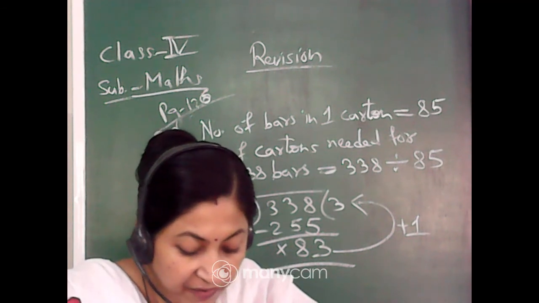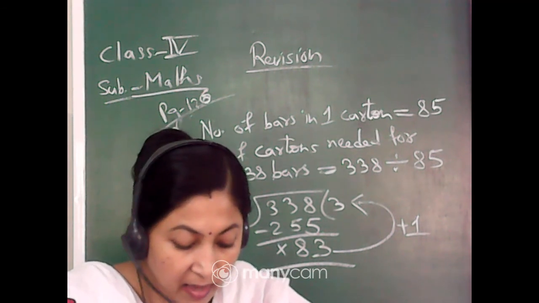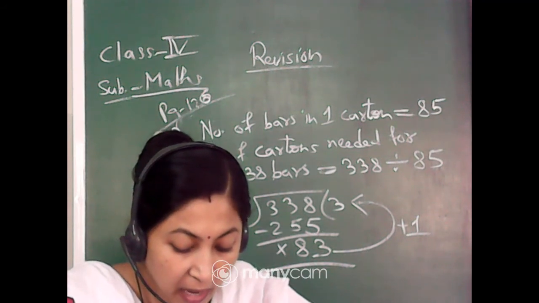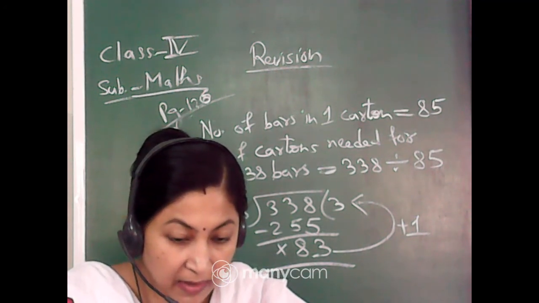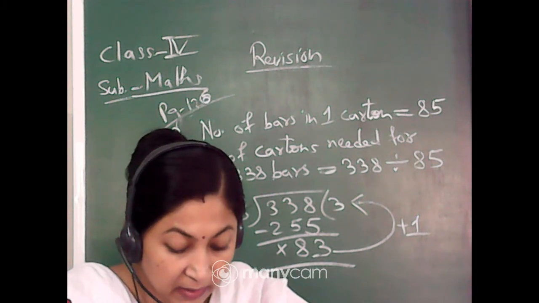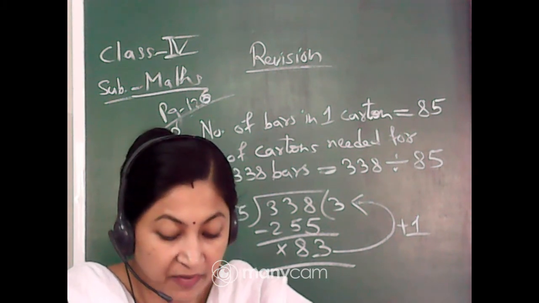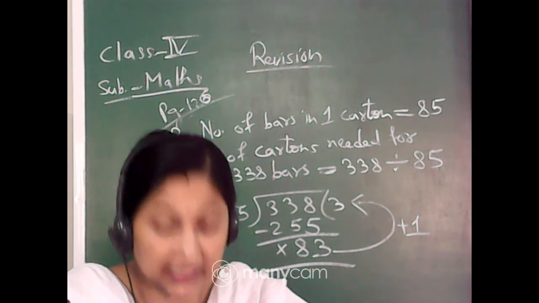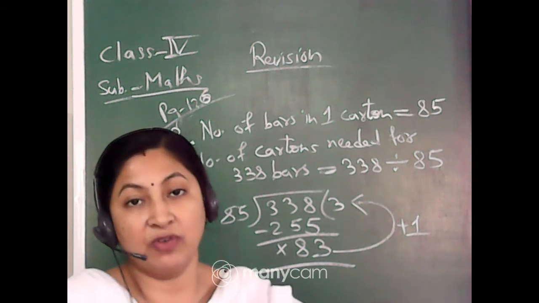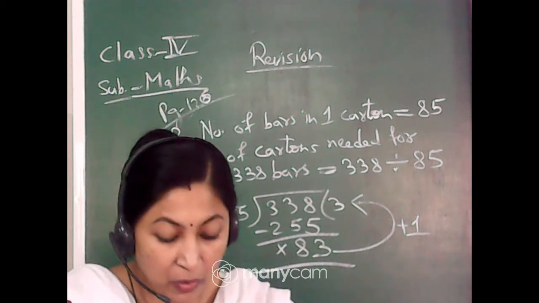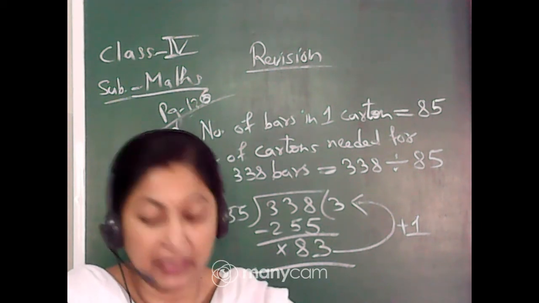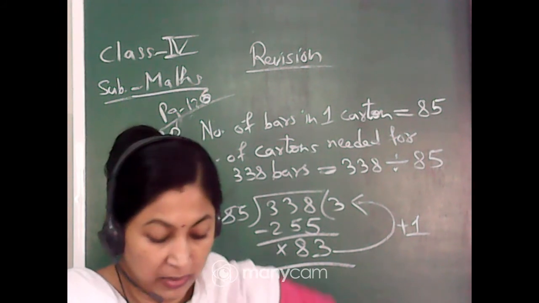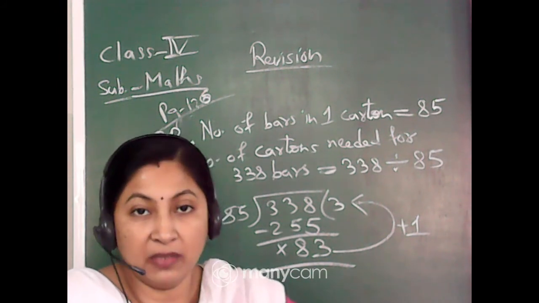Manpreet wants 1500 sacks of cement for making a house. A truck carries 250 sacks at a time. How many trips will the truck make? Here it is told that the total number of sacks is 1500 and one truck can carry only 250 sacks at a time. So how many trips the truck has to make, that you have to find. So you will directly divide, that is 1500 divided by 250. That much will be the trips the truck is making.